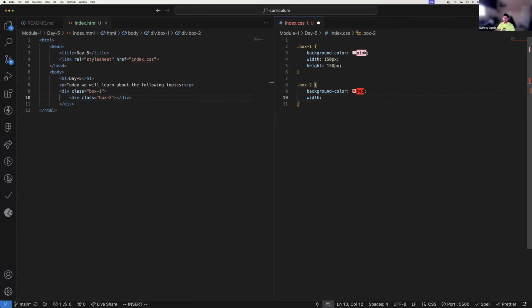75 pixels. That would be correct, but if I ended up changing the parent to be 200 pixels and I wanted the child to still be half the size, what's a way that I could do that? 50%. Yes, a percentage. Very good. So we can do 50% for the width, we can do 50% for the height. And then if I want it to be centered,